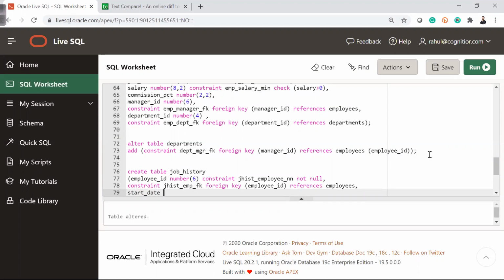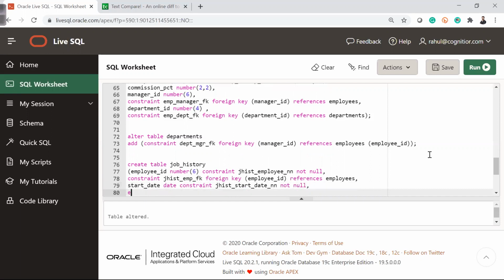Start date. Let's say I don't want it as null, so constraint J hist start date NN not null.